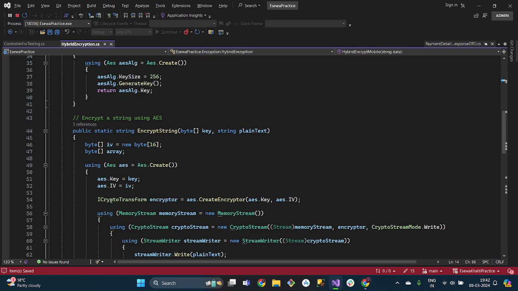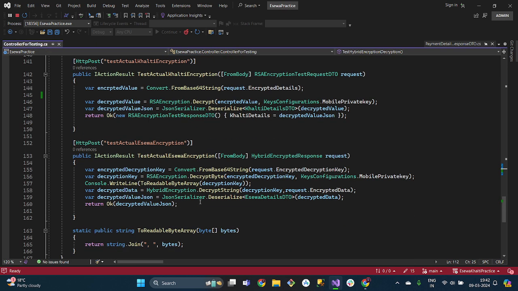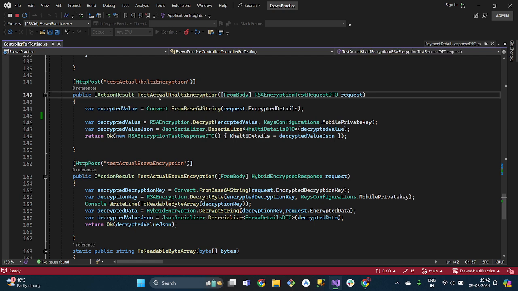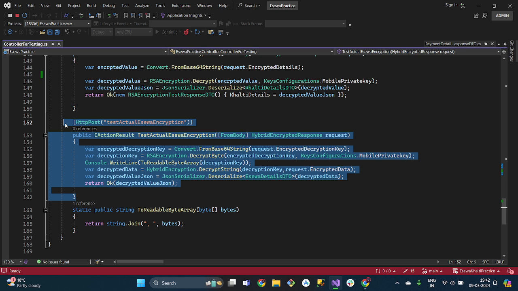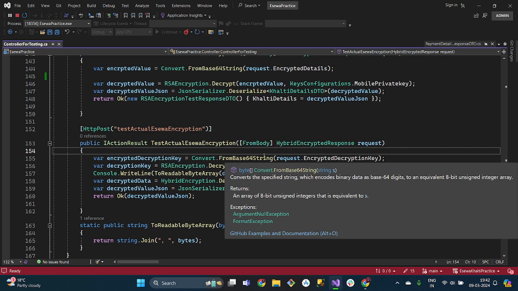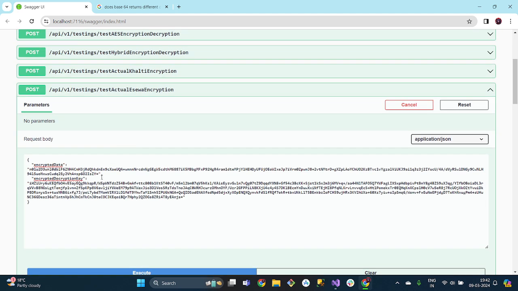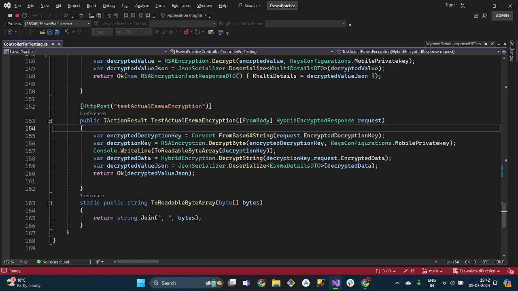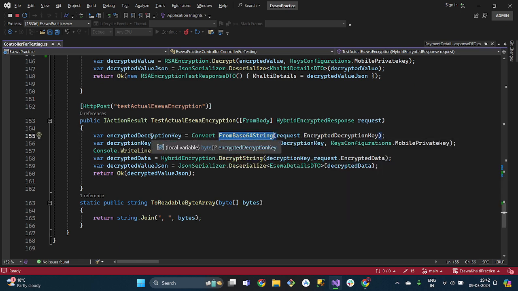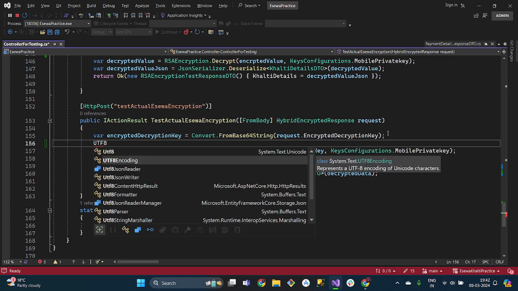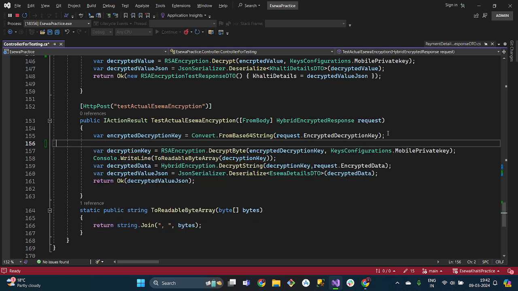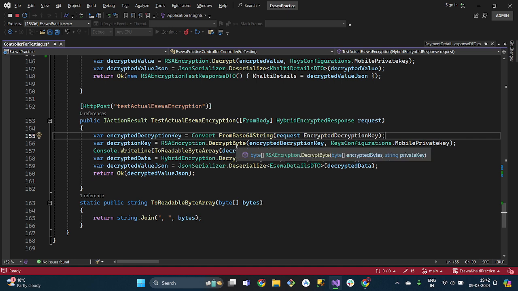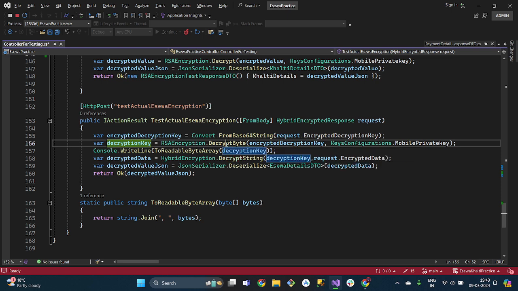And moving to code, here is our code. Testing actual eSewa, this is the code which the front end will do, but in our scenario, for testing, I am doing it, and I'm doing testing in a bad way. So at first we got this data. It is encoded in base64 to easily send data in the response. We decode the data from base64. We get a byte list. We could have used UTF-8 if we wanted this data as a string. But since we don't want that and this method requires bytes, we are sending the data. And for decrypting it,